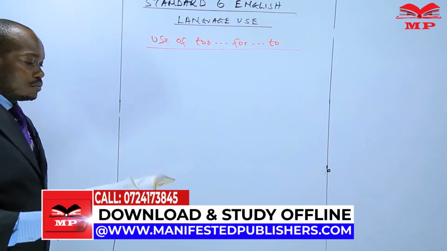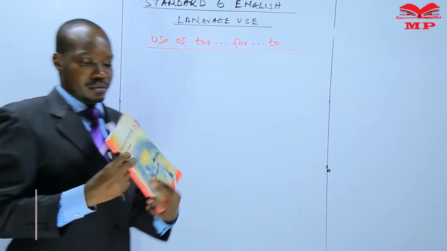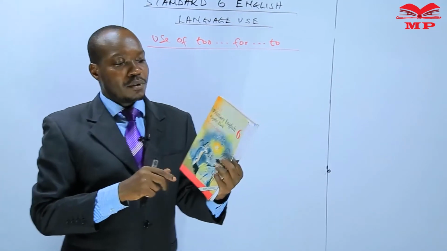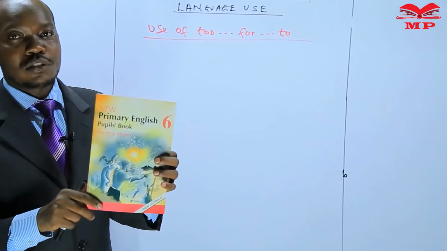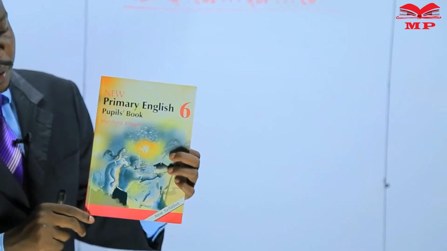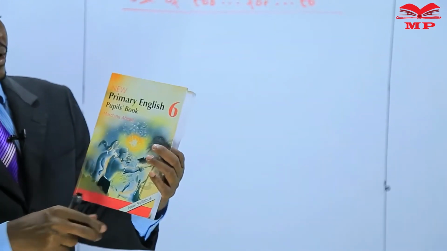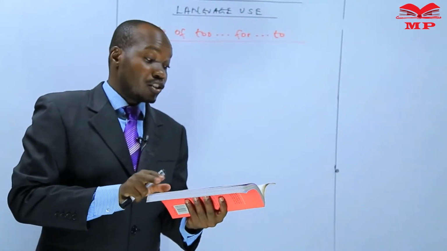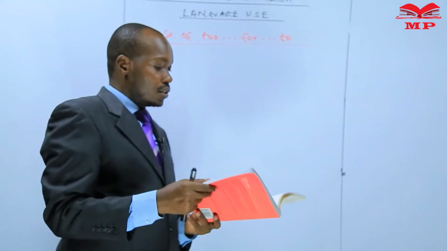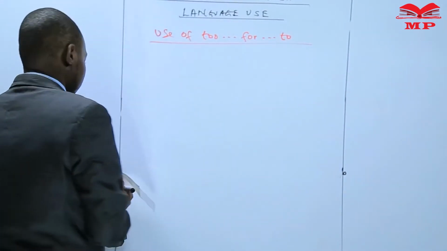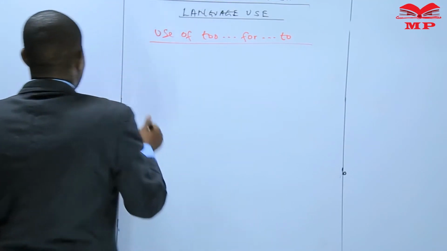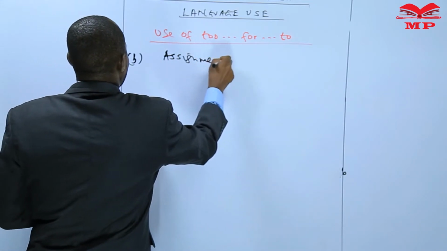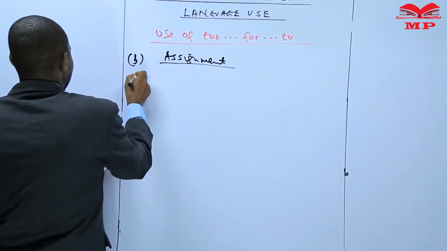So I'm going to give this work from, of course, our book, Primary English Book 6. I've said this many times before. This is our course book, Book 6, and I'll go to page 8, okay? Page 8. Let me write here. Part B. It says,